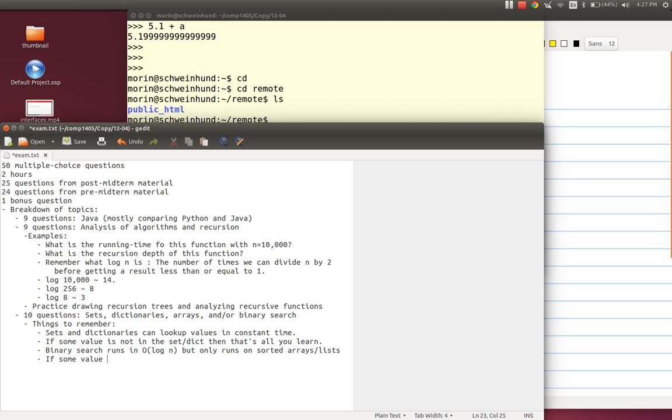So, I mean, here's a sorted array. We could do binary search on this.